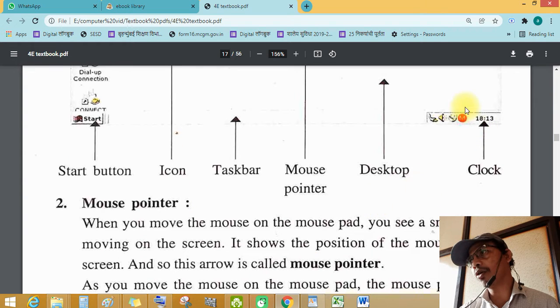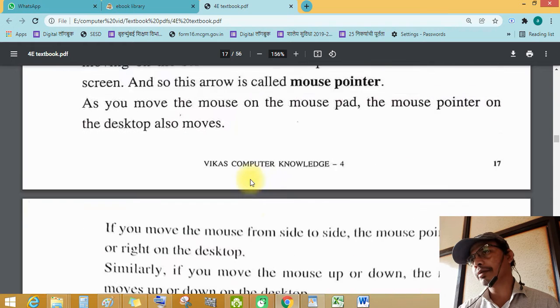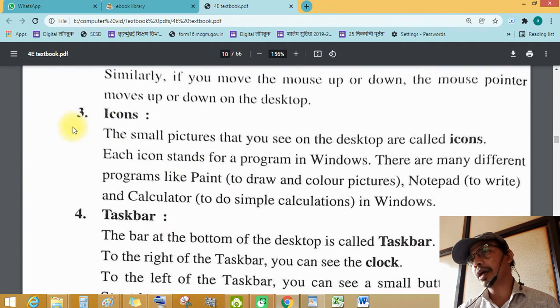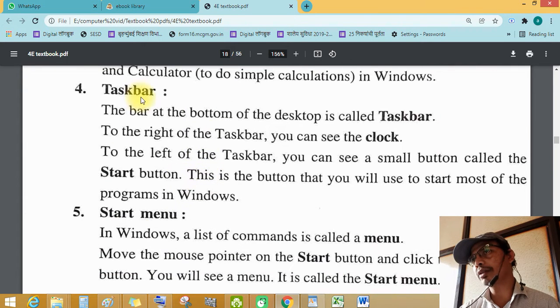Then see this clock. Icons, the small pictures that you see on the desktop, are called icons. Taskbar, the bar at the bottom of the desktop. On the right side of the taskbar you can see the clock.